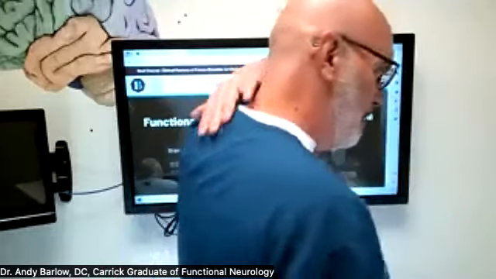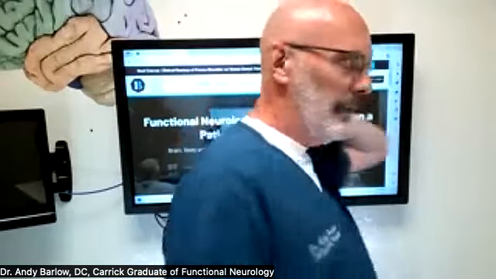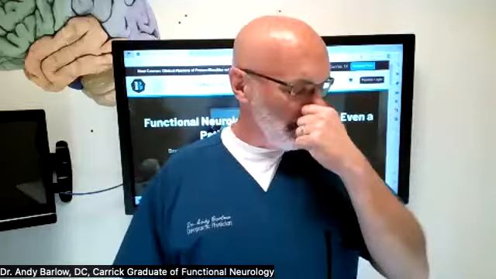I asked her about a rhomboid. I said, tell me about yours. She's like, oh yeah, that feels like almost like a numbness back there. She had that nowhere on her paperwork, because she was so focused in on the pain, she wasn't really worried about the numbness. And we know that if you draw out the brachial plexus, we know right off the C5 nerve root, you have the dorsal scapular nerve, which goes right to the rhomboids.